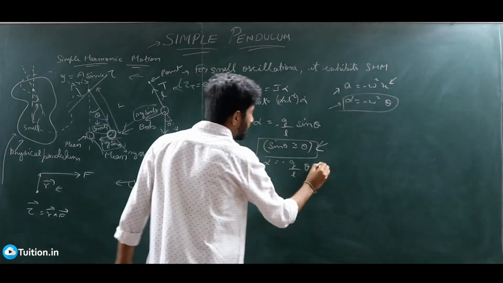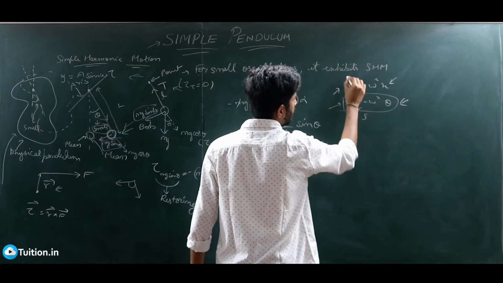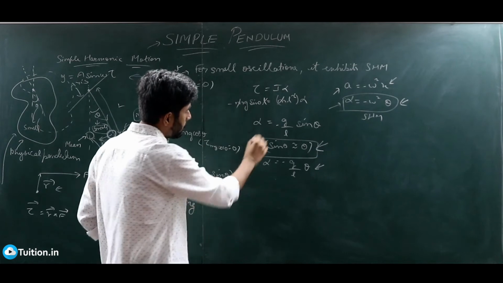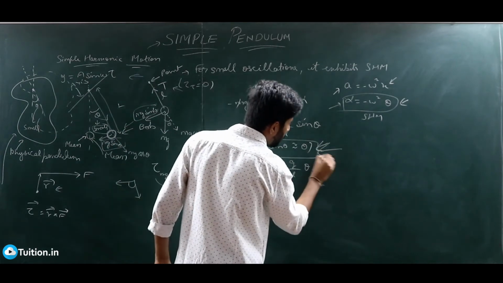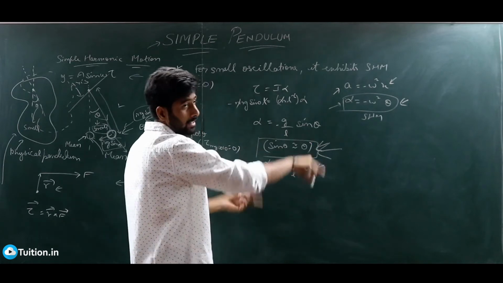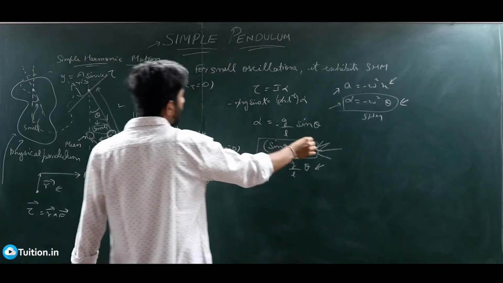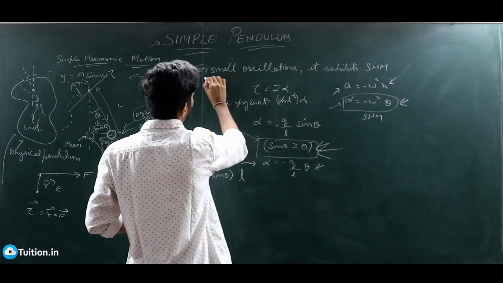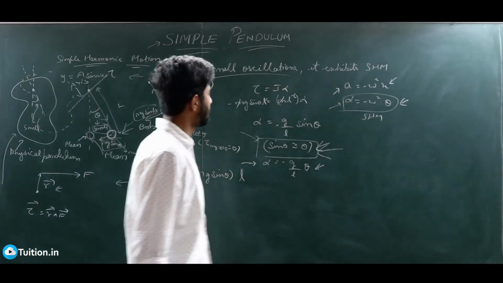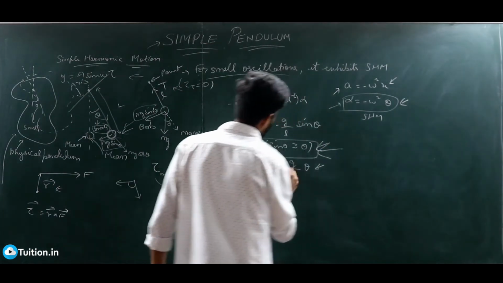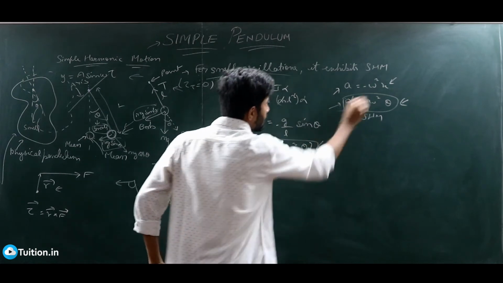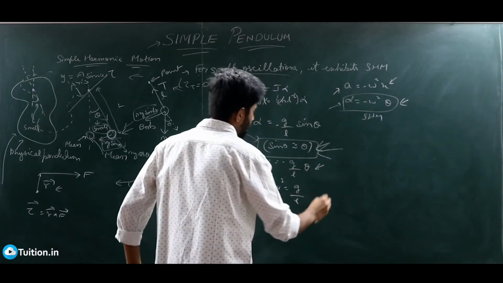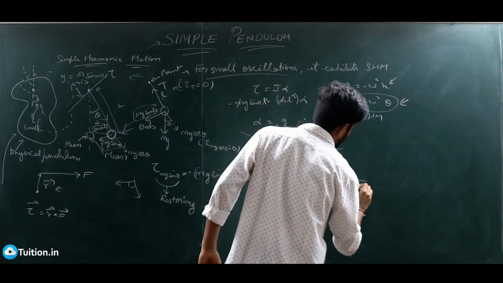So this is pretty similar. This and this are very similar. Both of these conditions are for SHM. As you can see, this particular expression will turn to this only if this holds good, right? And only if it turns to this, I can call it SHM. So this step is very, very crucial for it to be called an SHM. And this step itself means that the oscillations have to be small, right? So that's why for small oscillations, it exhibits SHM. So your omega, if you just match these two, your omega square will be g by L. So your omega will be equal to root g by L.